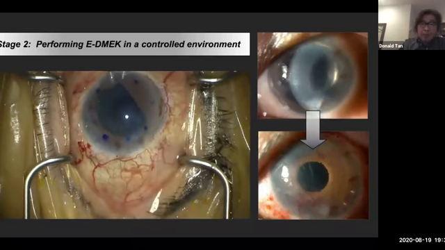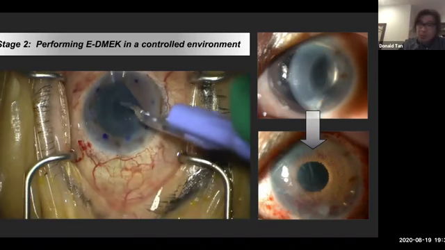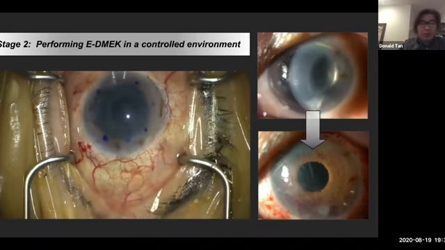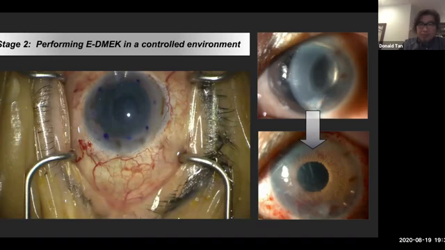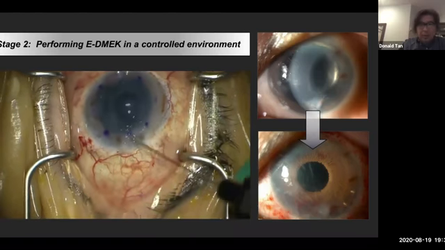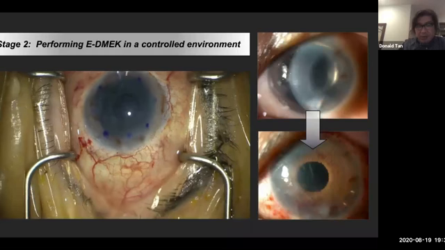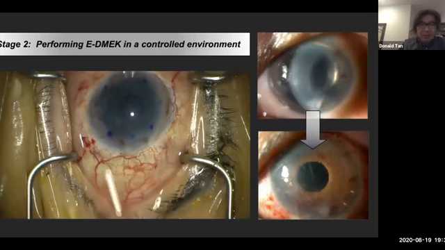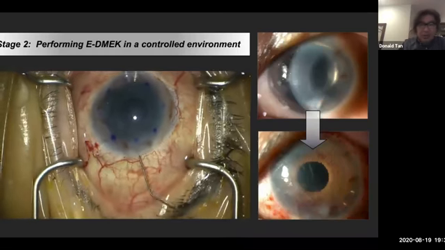And it's important it won't collapse, because this is silicone as well, you don't really want the endothelium directly plastered to the artificial iris. And I haven't encountered that so far. And really then that's quite easy now. So it's a pretty standard DMEK now.